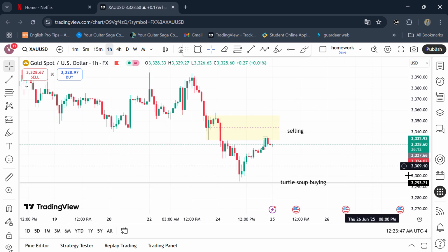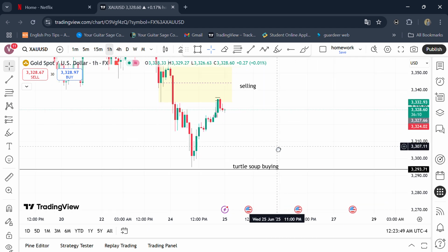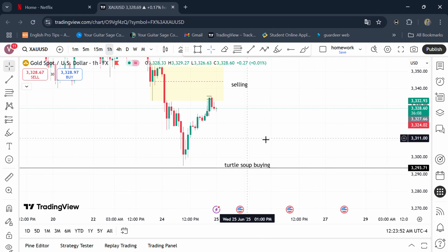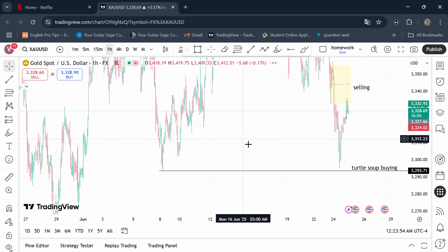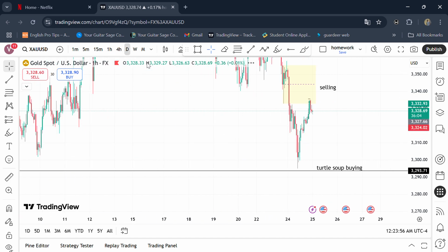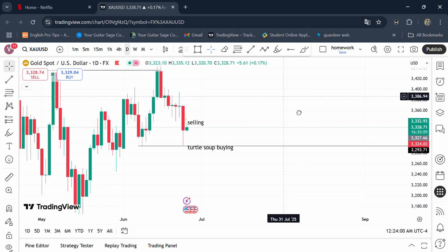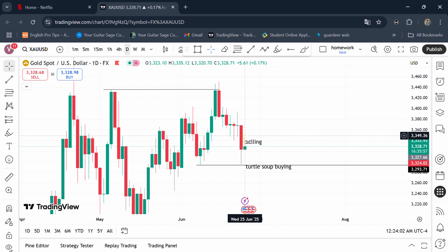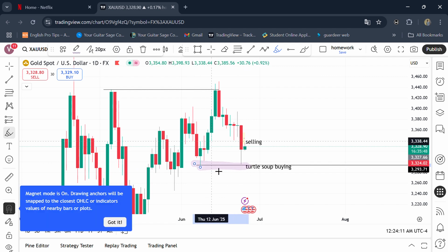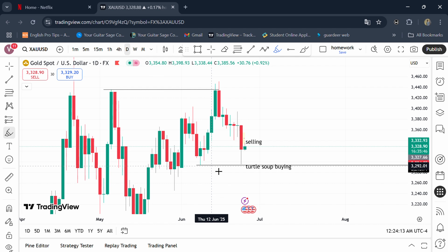Now, second point, if buying was to occur, then if we go on 1 day time frame, I'll show it to you. You will see that market structure shift hasn't occurred yet. It missed out by a few pips. That's why